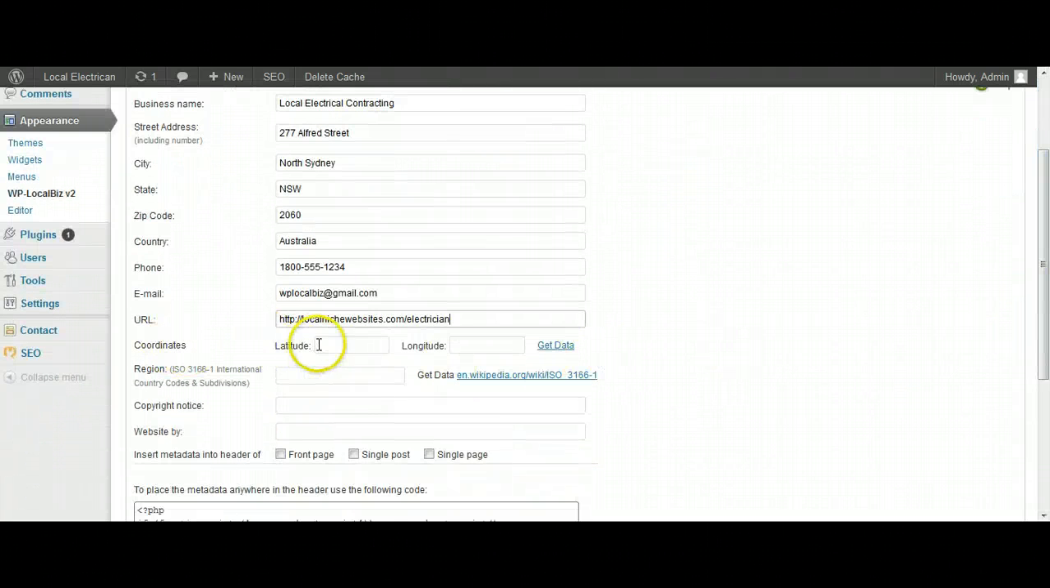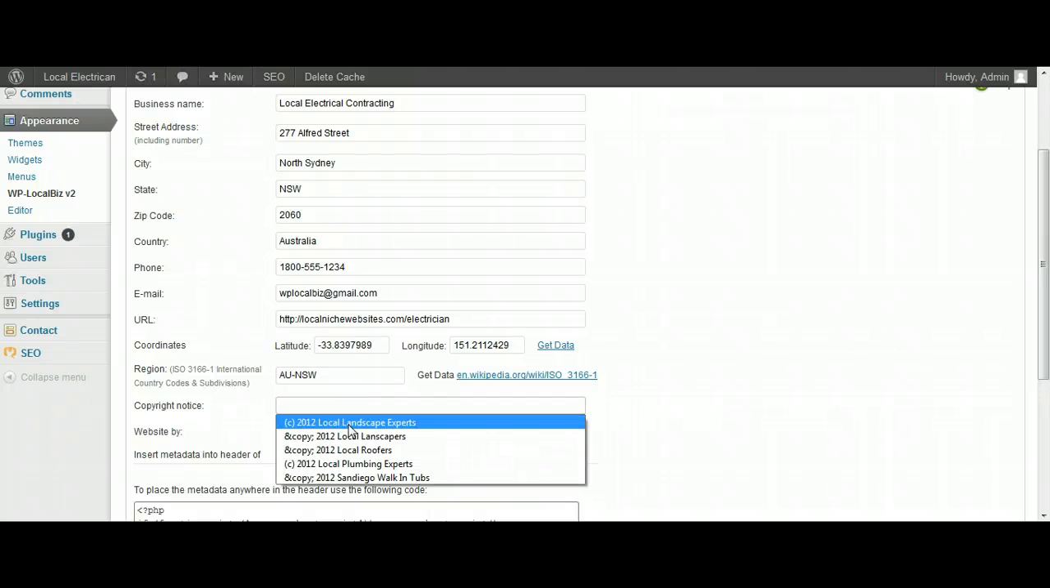To get the coordinates for latitude and longitude, as long as you've got the full address in here, this will work. Click Get Data, and you can see that that's populated there. The region, okay, I've done that before. You can actually go to this ISO guide here and get that, but this is AU New South Wales. Copyright notice is